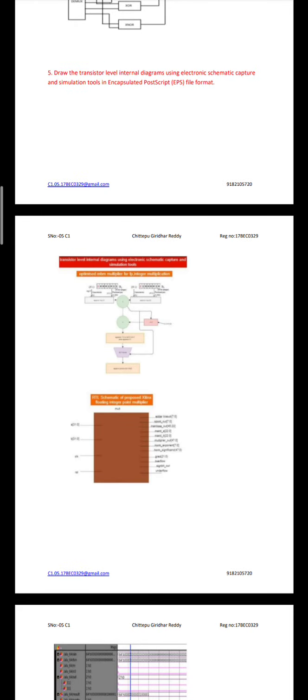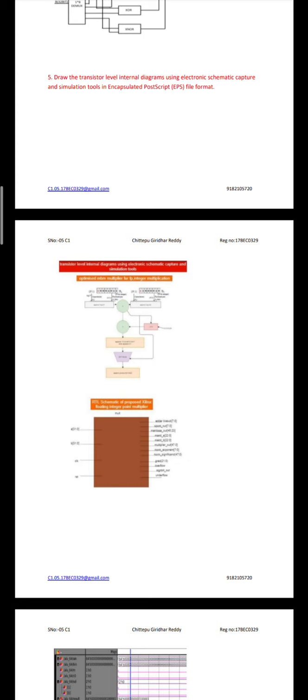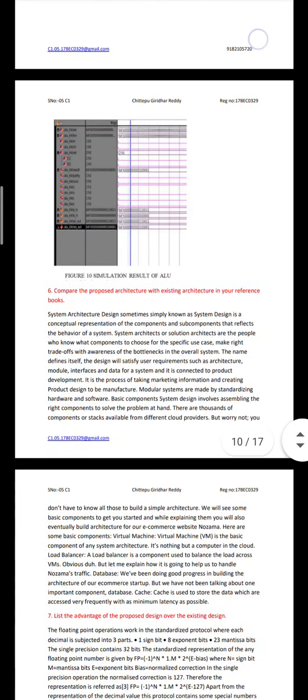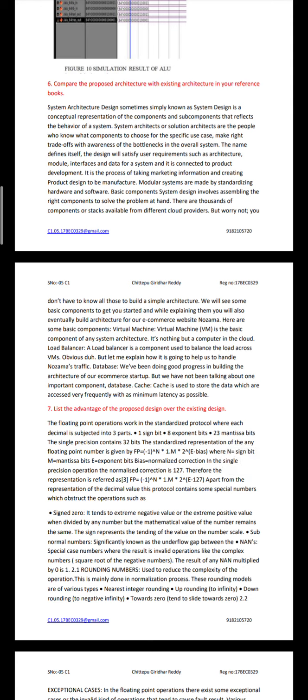These are the tools used to draw the transistor level internal diagrams using electronic schematic capture and simulation tools in EPS format. Here we can see these are the diagrams. This is the simulation result of the ALU, got by the software outputs. If we compare the proposed architecture with the existing architecture in our reference book, we can say